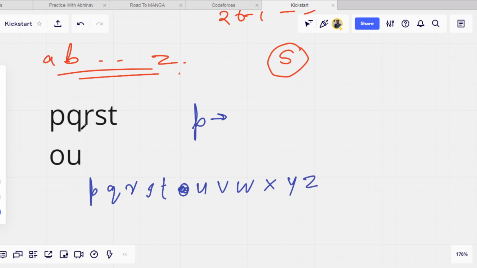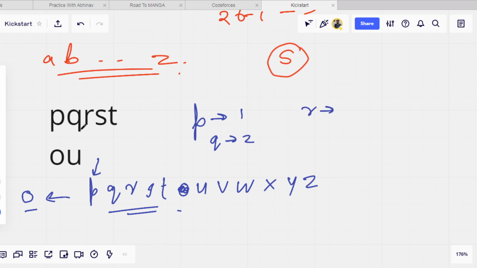Beside it there is A, B, C, D, E, F, G, H, I, J, K, L, M, N, O, P. Means O, P, Q, R like this. We have to find the minimum operations required for P to convert into a favorite. If we convert P to O, it will require just one operation. Or if we convert P to U, it will require more operations. So the value is 1. For Q, converting Q to O requires 2 operations, but for U, it requires 1, 2, 3, 4 operations. So it is again 2.